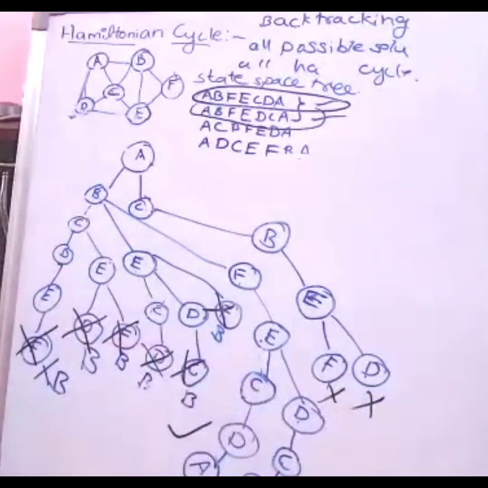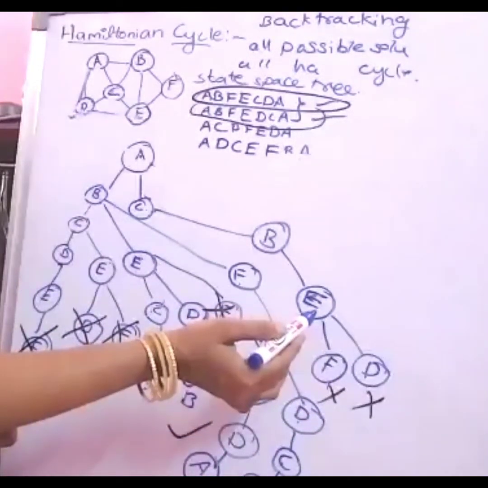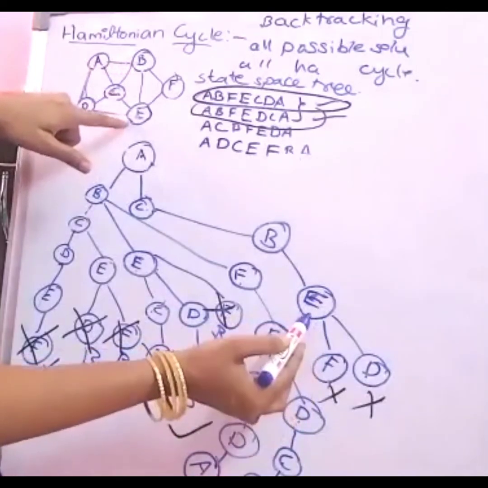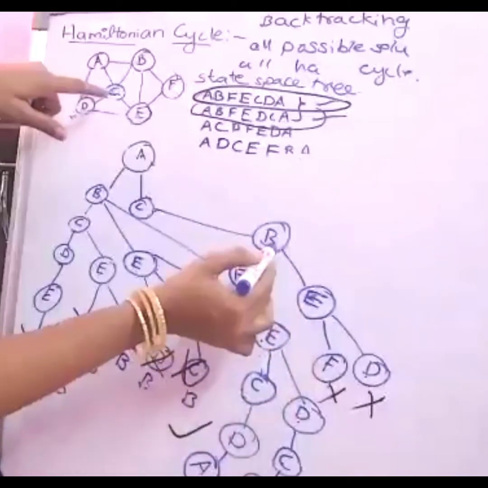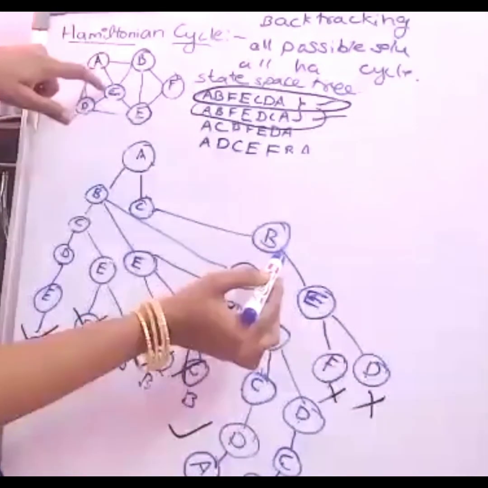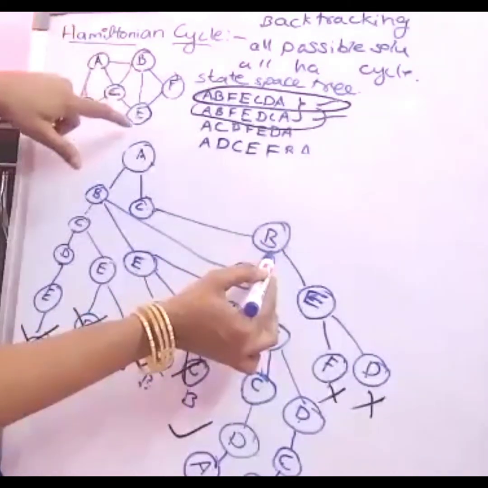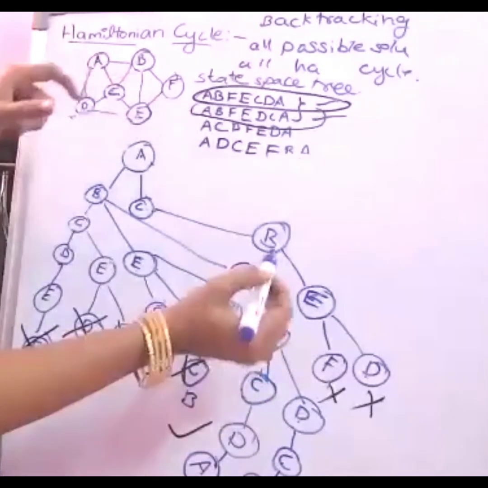Again, backtracking technique. Go back. From this, there are only two options. E, B is already visited. B with F, we already tried. B, E, C is already visited. E with D, already covered. So go back. From this point, is there any option? Yes. Till this point, A, C connectivity is covered, and B is connected to E. This I already tried. So now I want to try another one.